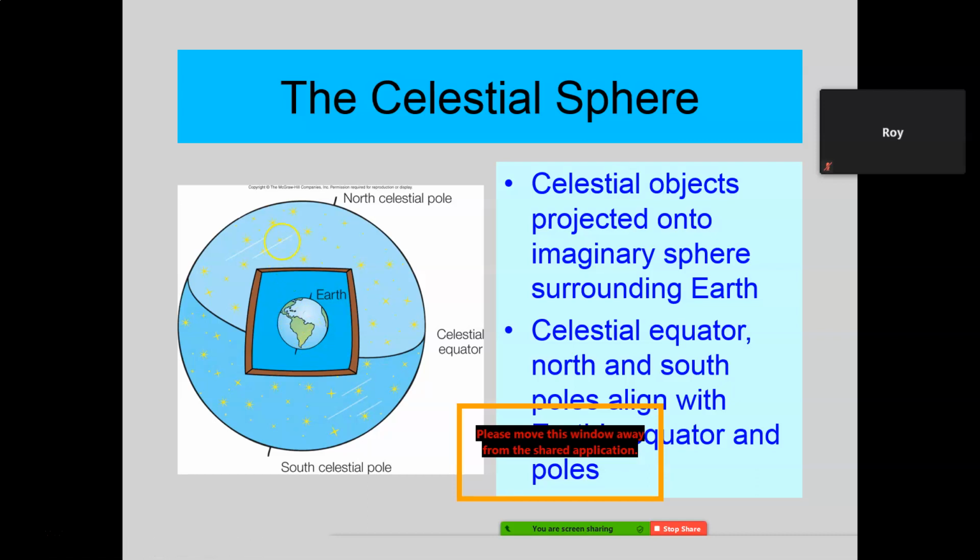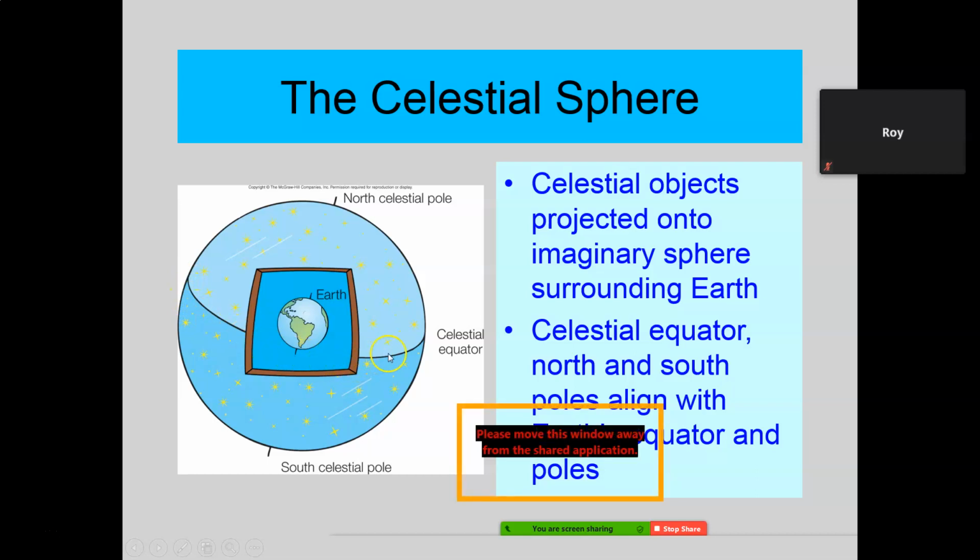So let's just imagine that you had a light at the center of the earth, a point source of light, and that you really did have an equator that was really a line that went around the earth, right like this, an equator, and that light inside showed a shadow where the equator was. That shadow would then be what we call the celestial sphere.